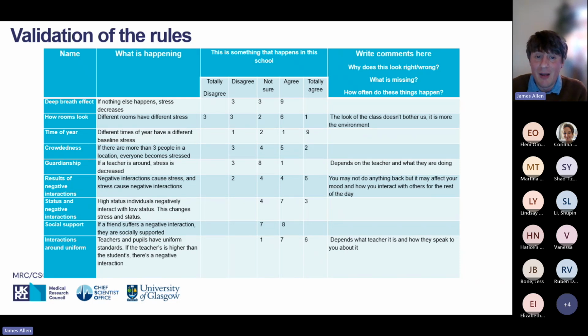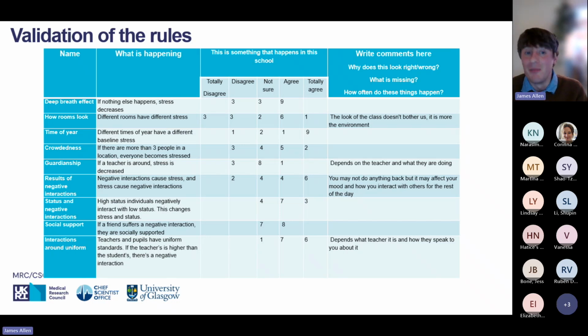So basically the numbers here are the number of people who voted for this particular rule, how much they agree. And then there are some nice comments here that I can talk through. I think the really important thing again is this is very heterogeneous. There are very few rules where people completely disagree or agree. The one where we get totally agree is actually the most